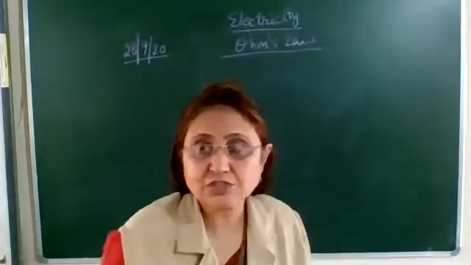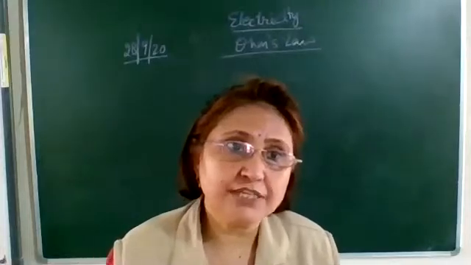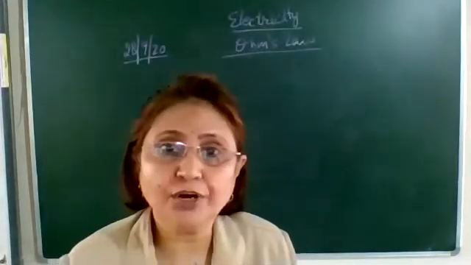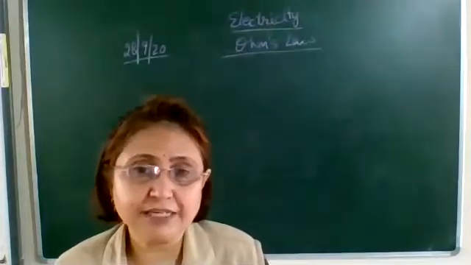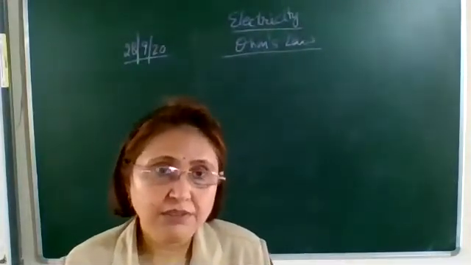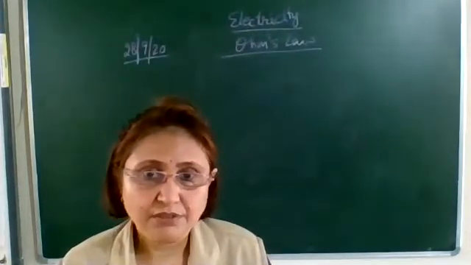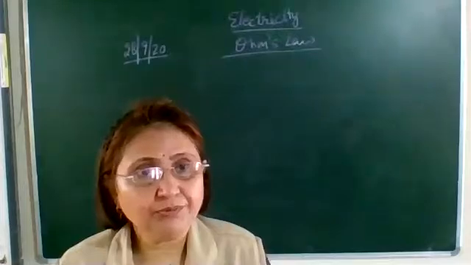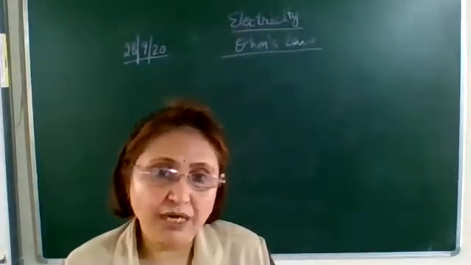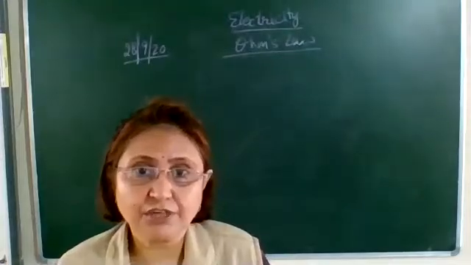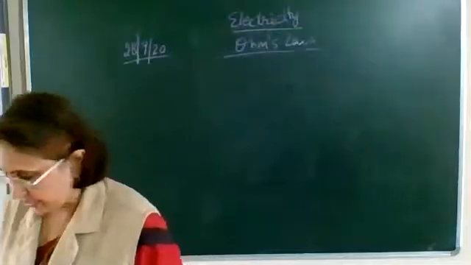We have already started this topic, Ohm's law. Okay, so Ohm's law states that the potential difference between any 2 points is directly proportional to the current flowing between those 2 points. V is directly proportional to I, provided the physical conditions like temperature, etc. remain constant. Okay, then only this V upon I ratio will be constant. When we equate it, the constant of proportionality is R, which we call resistance.